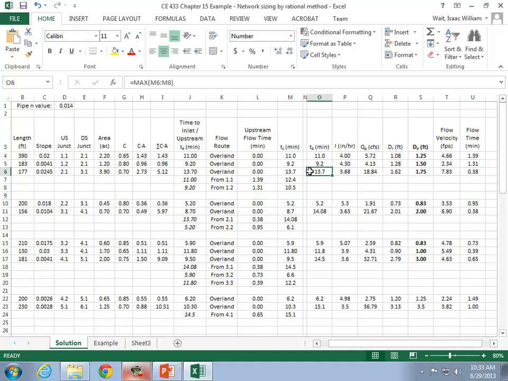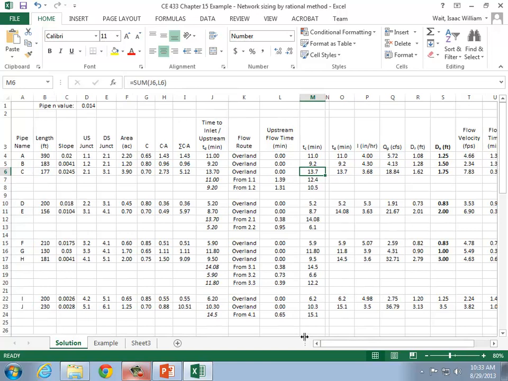And then we take the longest of the three in order to find the intensity, calculate the peak flow rate, size the pipe. Okay, so let's reinforce that at the next pipe. Let's look at what's going on here at pipe D. Okay, at pipe D,